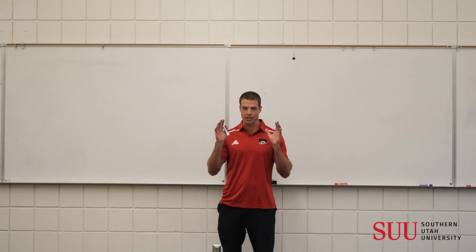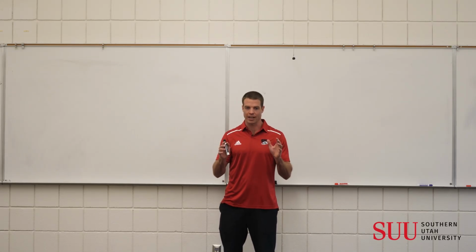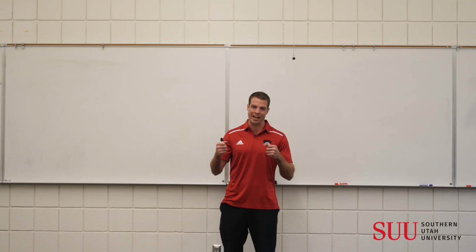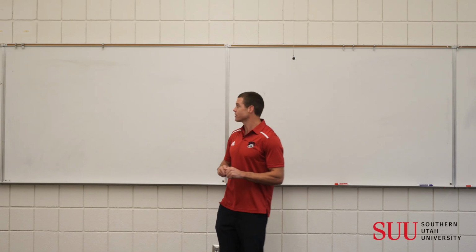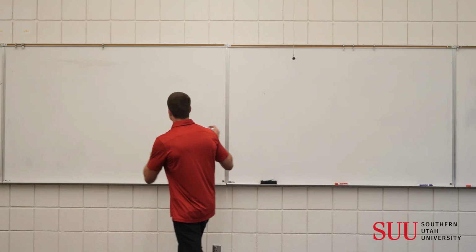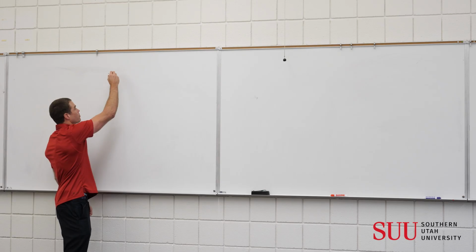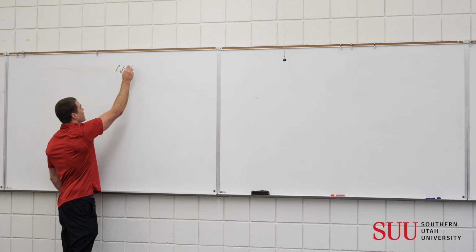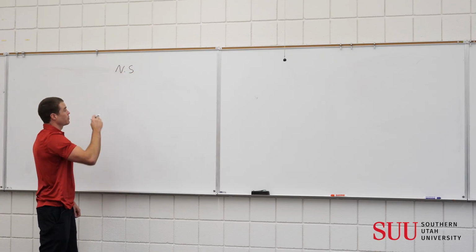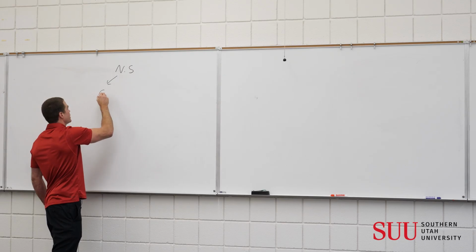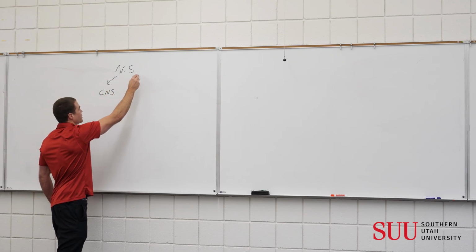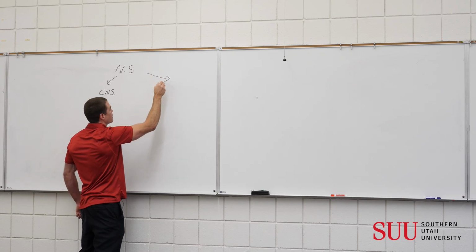All right, now we're going to go through the nervous system and understand that organization a little bit better so that we can understand how we're actually getting muscles to contract and get movement going. All right, so first let's just try to draw this a little bit. Let's put the nervous system, I'll just put NS here. The nervous system can be divided into different parts. Here we can put the CNS, central nervous system, and then this can be further divided to the